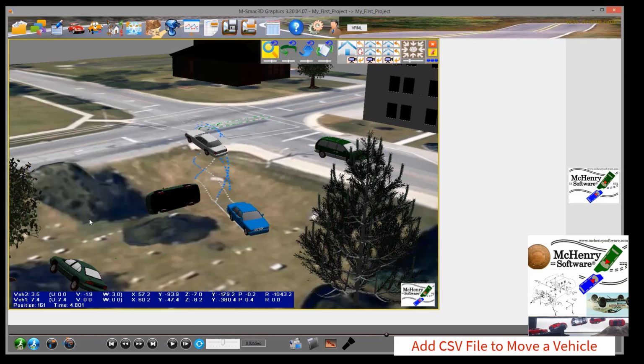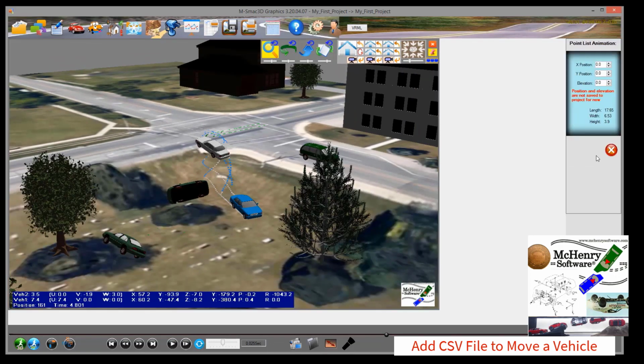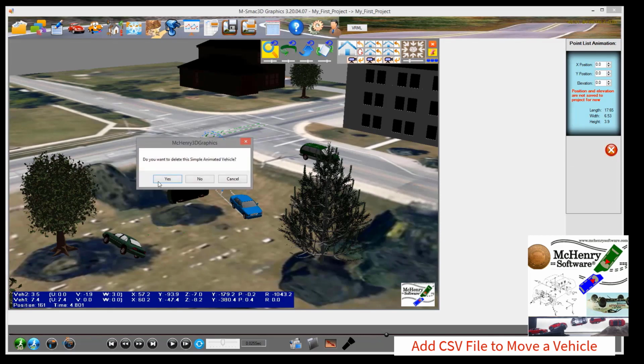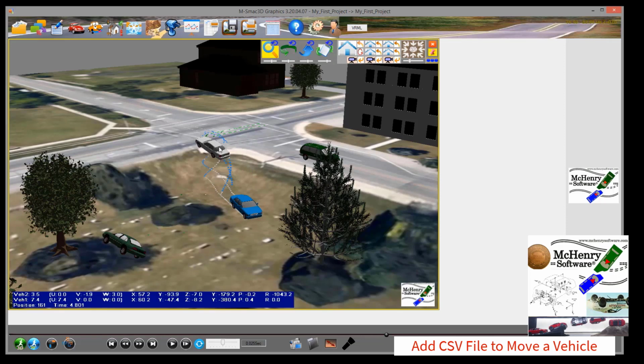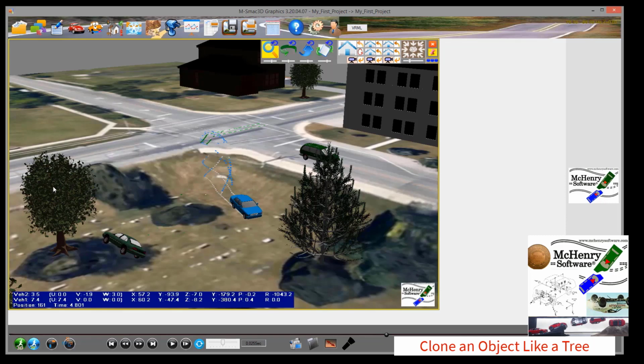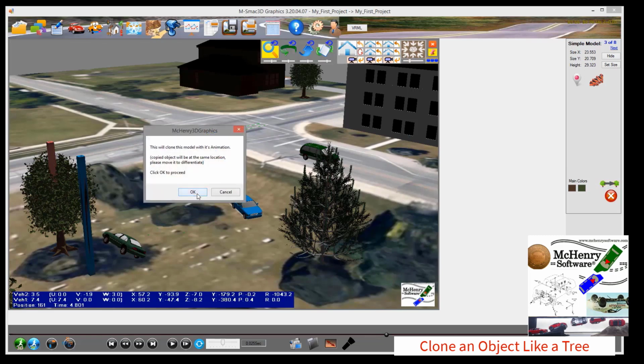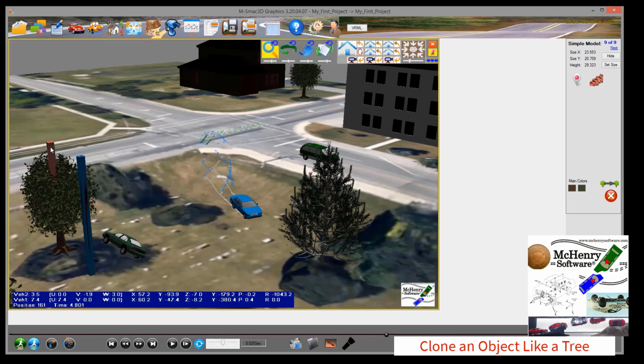Well, let's just first mention that in here, see if we click on the vehicle, you can remove that vehicle if you want. Let's go ahead and get rid of that. And the same for this one. But then also there's these trees that we added in. And you notice we have number of trees here, and I could actually clone a tree. Just to show you, one way is you just click clone, you say OK, and then we can grab it. You see how there's two,